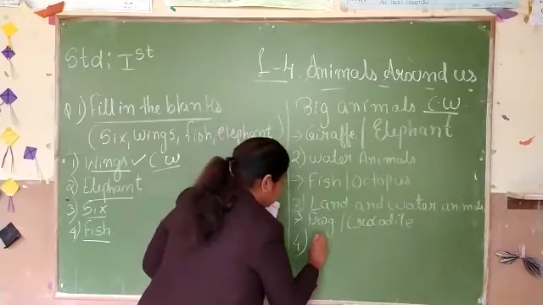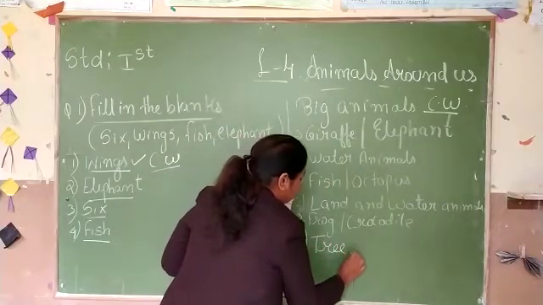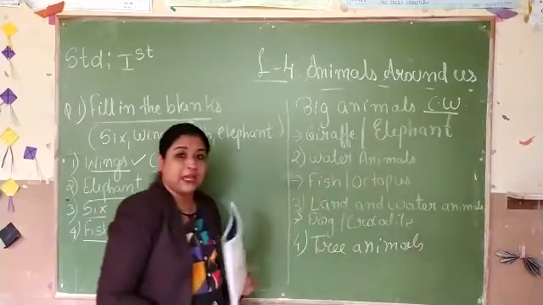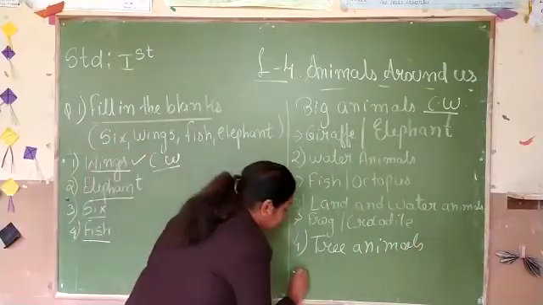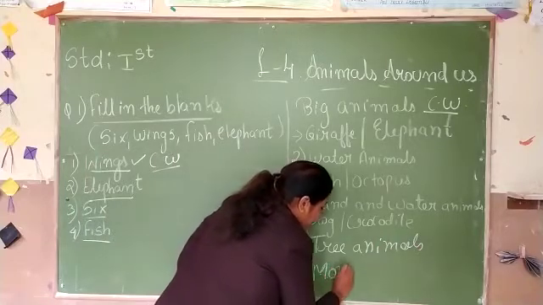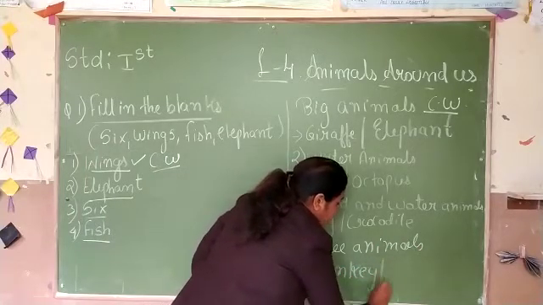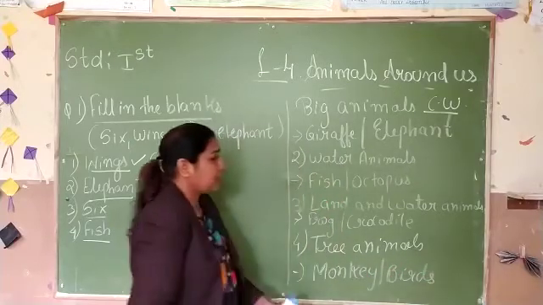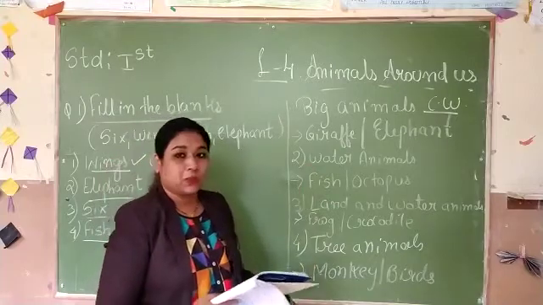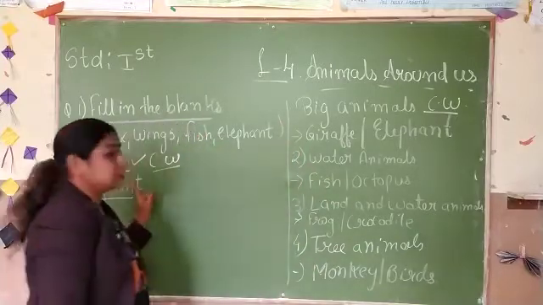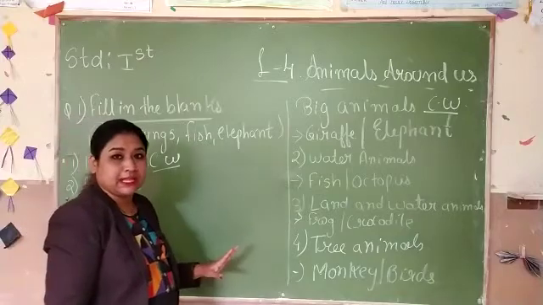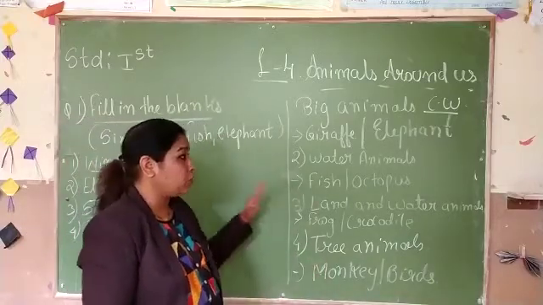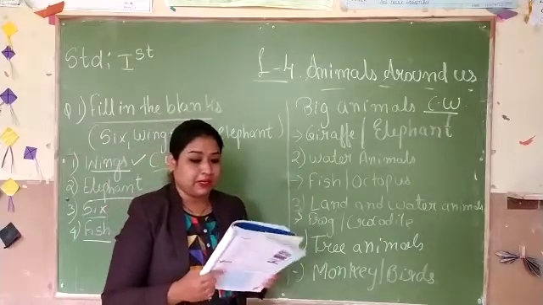The fourth one is tree animals. The animal which lives in a tree, that is monkey and a bird. Monkey and a bird. Okay? Just jot it down from the board, and this and even this, the fill in the blanks, both I want in the classwork copy, right? You will jot it down in the classwork copy. ये दोनों आप classwork copy में करोगे.